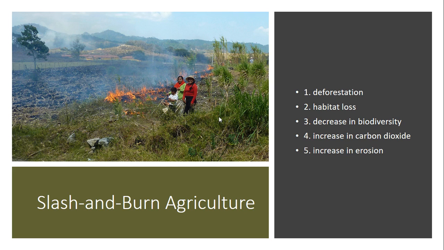So it may increase concentrations of carbon dioxide, nitrous oxide, and other particulate matter, which can coincide with air pollution. We can also see a decrease in the biodiversity of that ecosystem, right? We're completely wiping out that ecosystem. When we see no vegetation left, we can see maybe an increase in erosion in that given area. With that habitat loss, we also see a loss of species that may reside in that ecosystem.